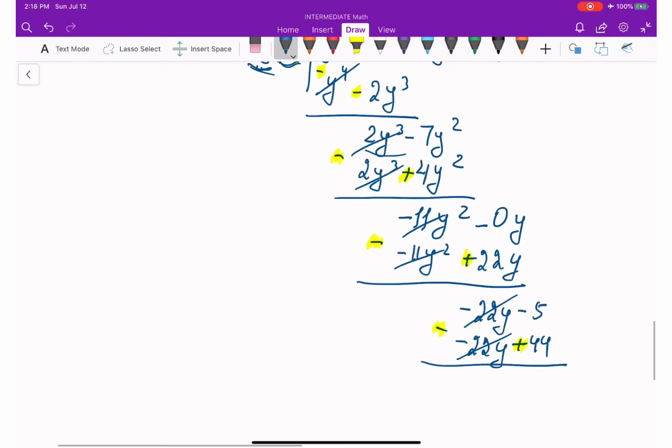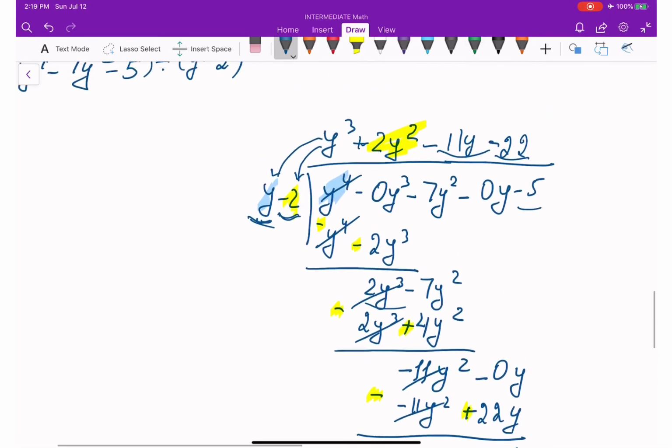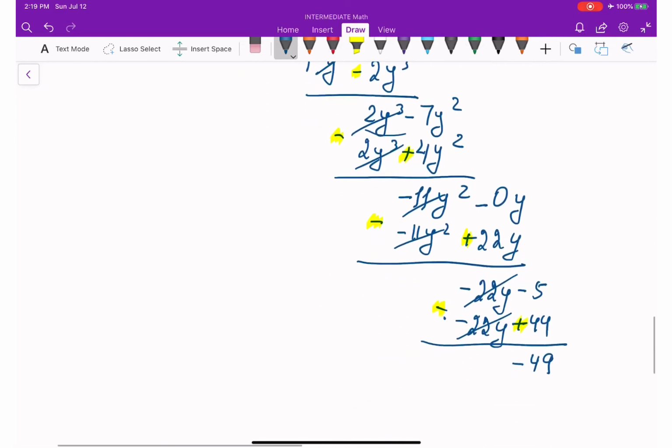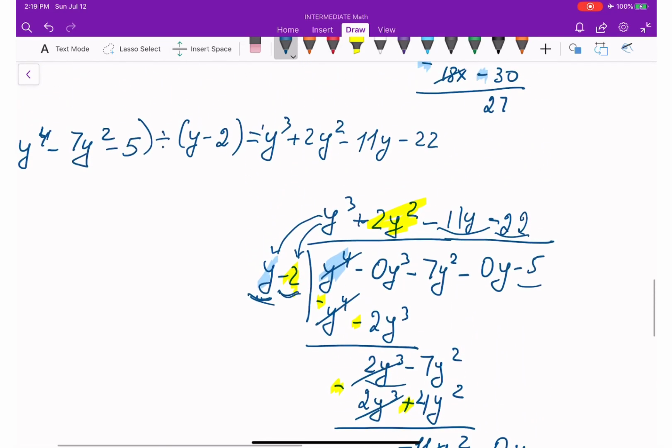And negative 5 minus 44 is going to be negative 49. So this is the remainder. So the answer is y cubed plus 2y squared minus 11y minus 22, and then minus 49